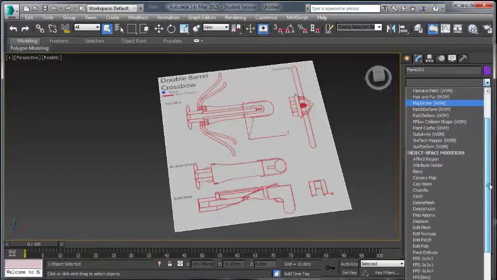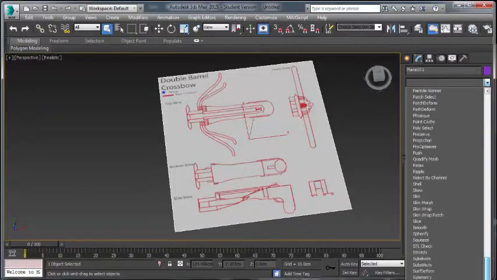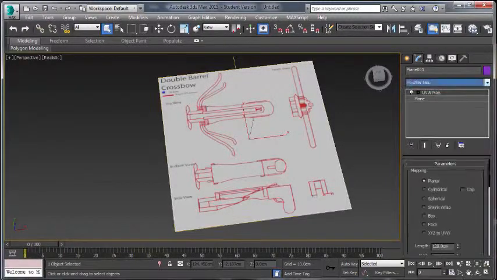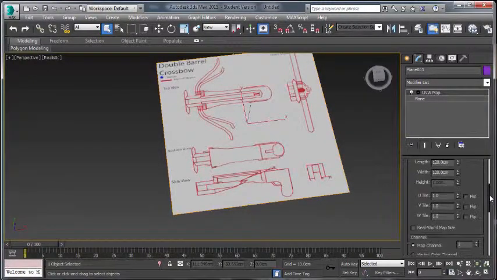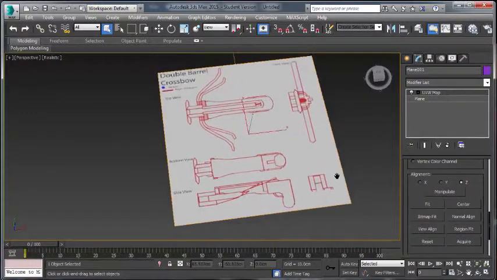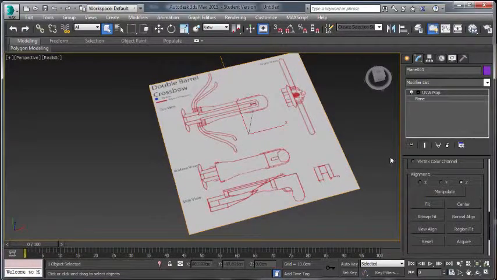Now, all these modifiers can do different things, but at the moment we'll just focus on the modifier called UVW map. You can't see it on my screen, it's just a little bit further down, but if you scroll down, it's where the U is, just below the unwrap UVW. If you click the UVW map, it'll create a new modifier called UVW map for you. Now, this map pretty much finds the bitmap that you're using and adjusts the size and width of